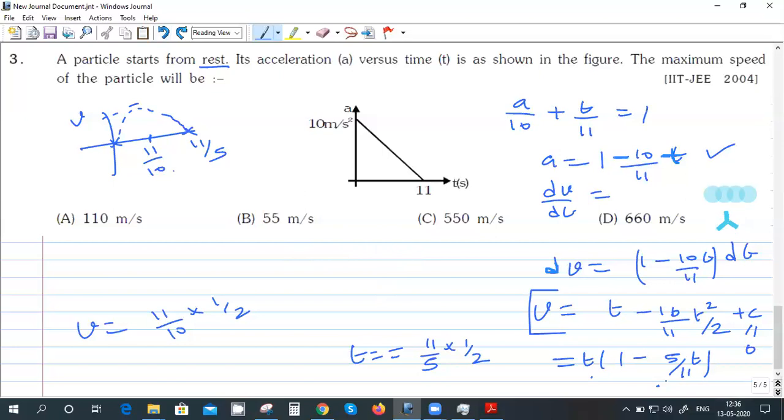Okay, one concept is that this is a quadratic equation, no? The exponent is negative, so minus will be an inverted parabola. And the roots are 0 and 11 by 5. Okay, and it will be maximum in the middle at 11 by 10. Okay, I'll get back to this one.